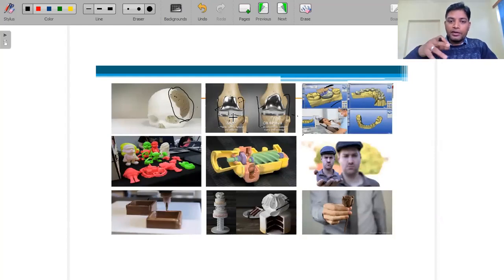As weight and age increase, people walk very less, and because of that there will be breakage in the joints. To avoid that, we go for surgery and use these things. Apart from this, these are teeth, which we are also manufacturing with 3D printers.